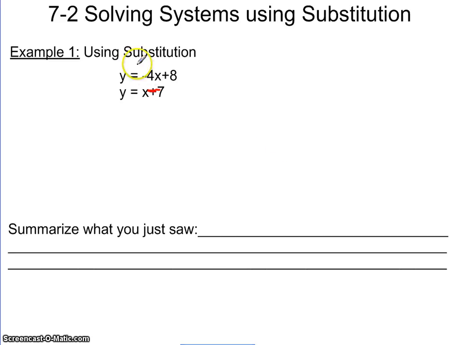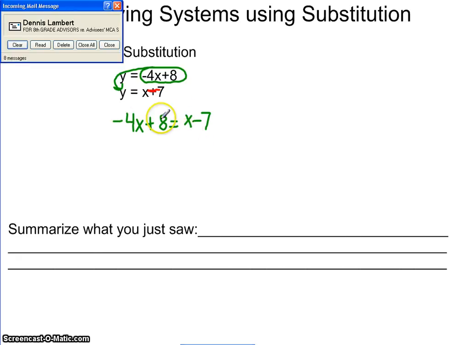So then we think, okay, both of these things are supposed to equal y. Well, if they both equal y, wouldn't it make sense that I can take this equation right here and replace the y that's down below with the information that's in that equation? Okay, I'm hoping that makes sense to you. So part of our shortcut is to replace that y with negative 4x plus 8. So I'll try to write that out the best that I can. Negative 4x plus 8 is going to equal x minus 7, because remember we changed that one